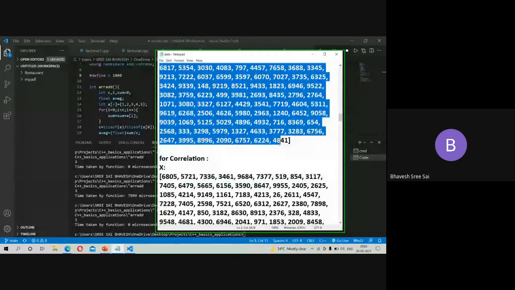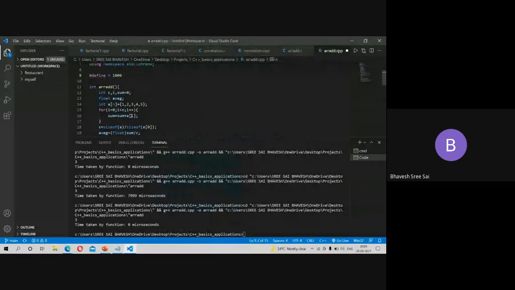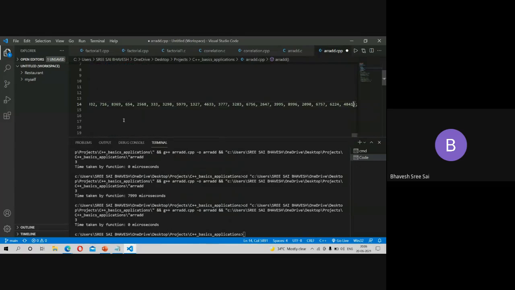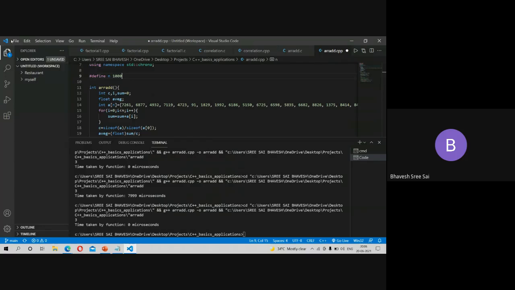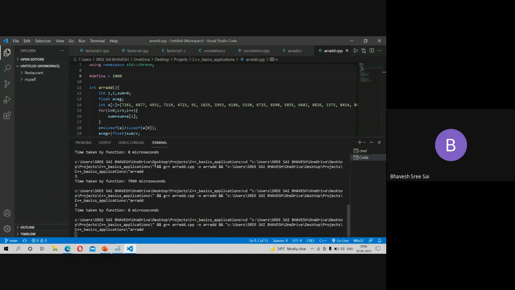Let me copy and paste it. So now my array has 1,000 numbers. It's of size 1,000. I have changed it. Let me save this. And if you run now,